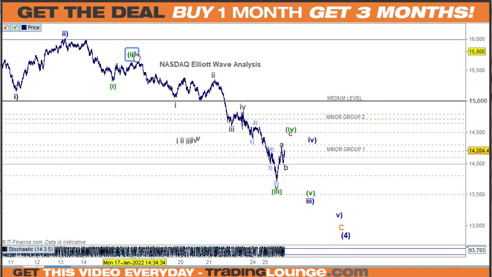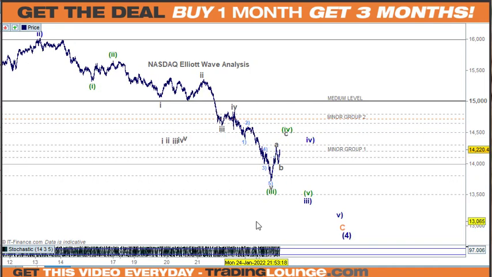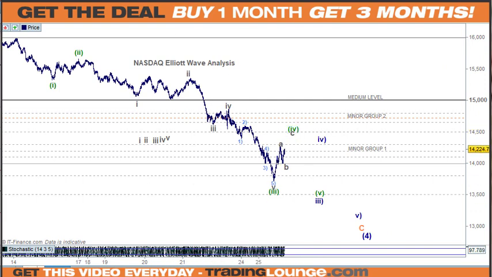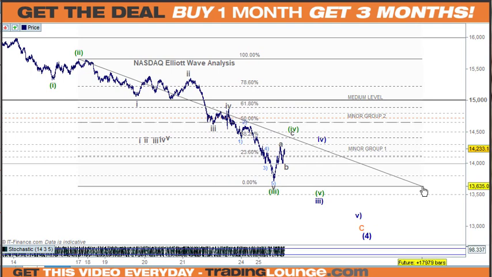So we've got 1 and 2 here, and then we're going down for the third wave here, and then we're going into the fourth and the fifth, and between 2 and 3 here we're looking for 5 waves too. So 1, 2, 3, 4, 5, and between 4 and 5 we've got 1, 2, 3, 4, 5. So just fractals really. Now the thing here is that this little green wave 4 here typically retraces 38.2%, so